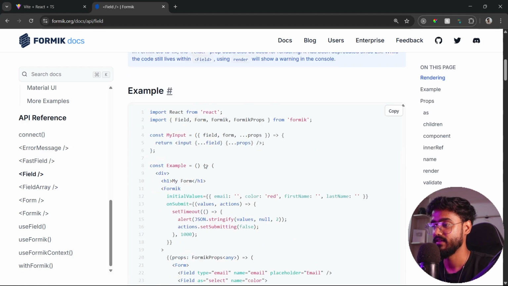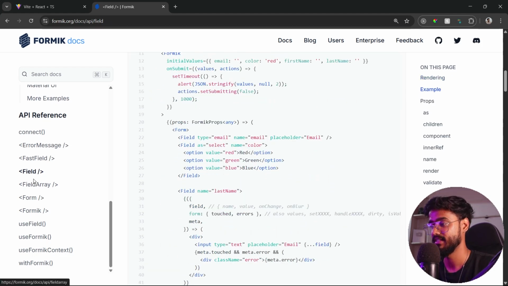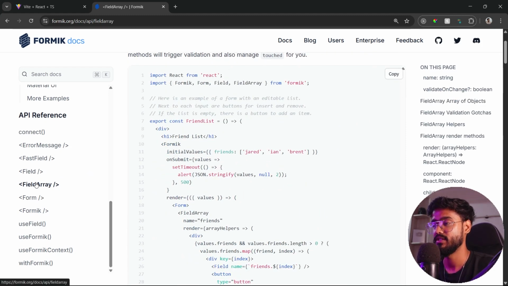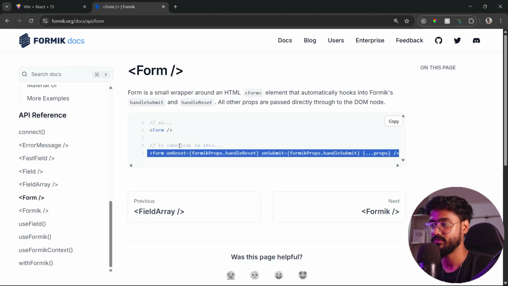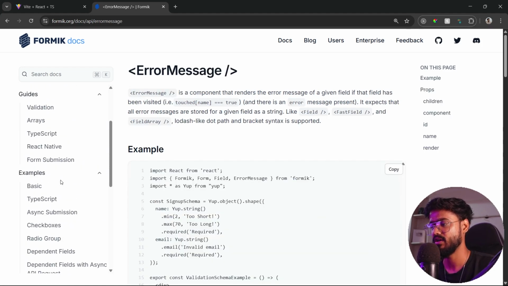They have this Field component for all of the input fields and select fields and a bunch of different things. FieldArray I've already showed you for handling array inputs, right? Form component as well, right? So yeah, I would highly recommend you guys to go on and check their documentation out